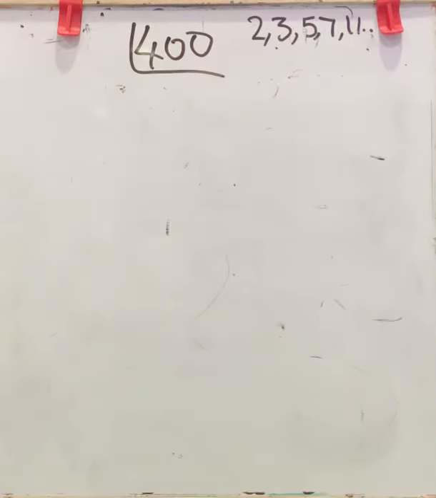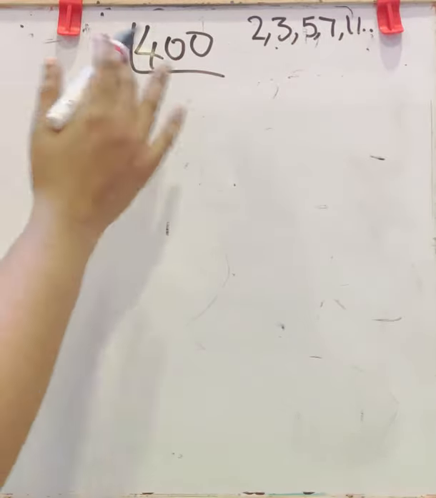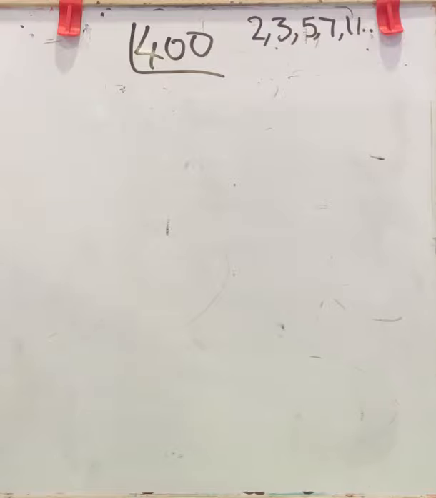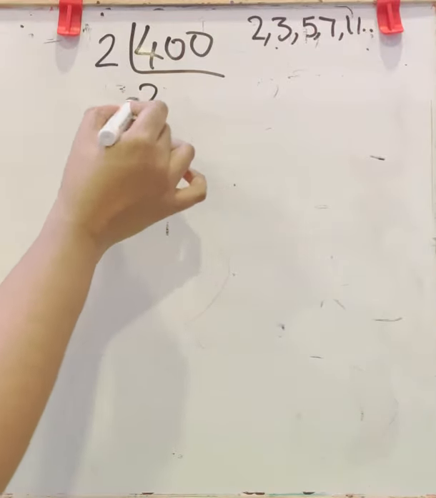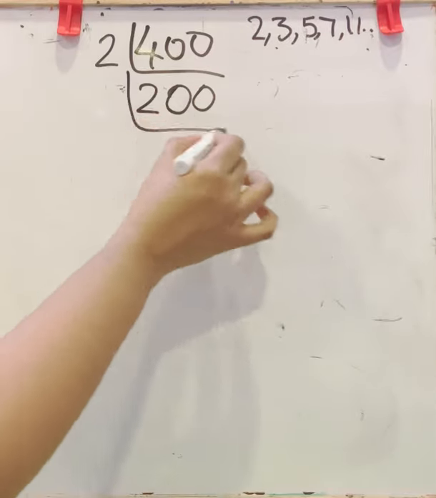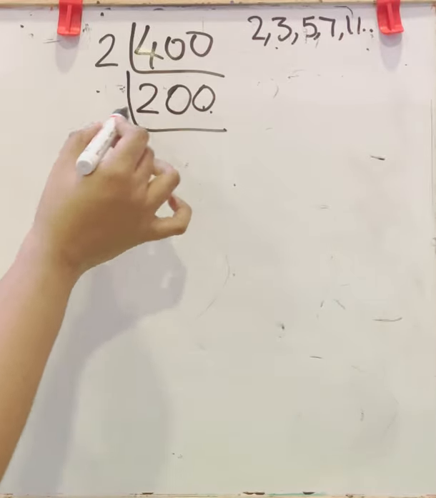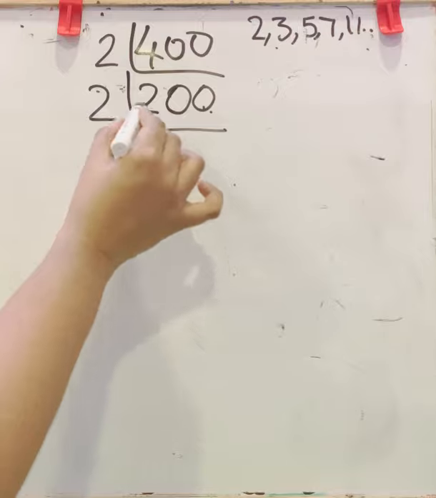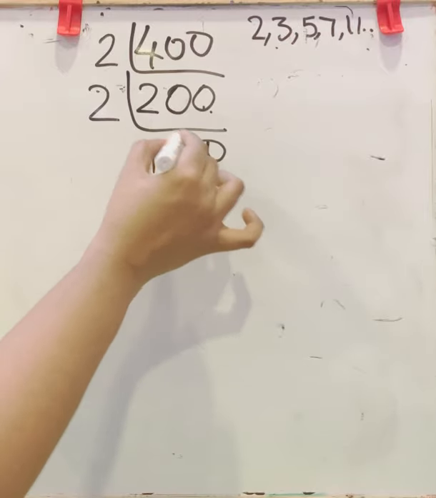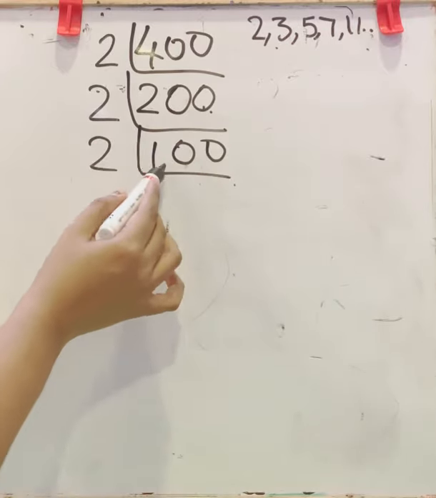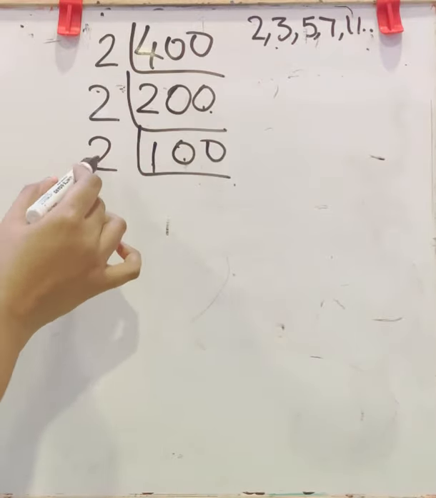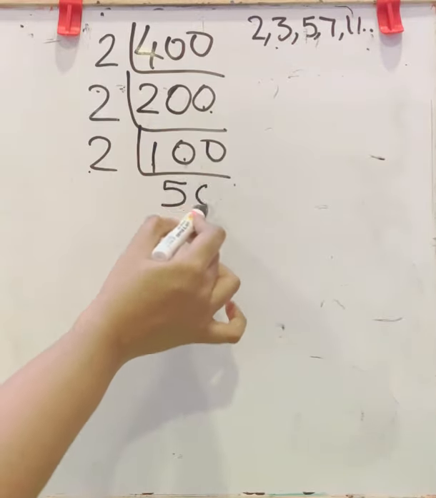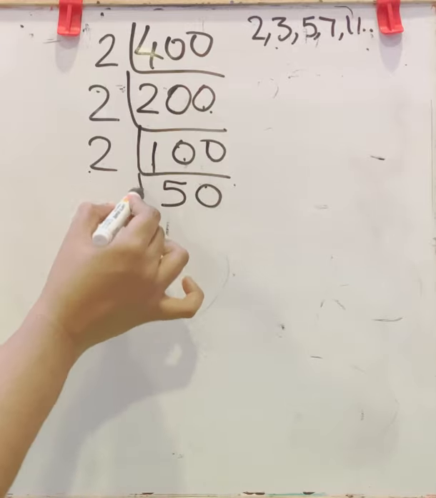400. Now to factorize this, first you will check with 2 because it is the smallest prime number. So starting with 2, in 4, 2 2s are 4. Carry down these zeros. Again, 0 is here in the units place. Continue with 2. 2 1s are 2, 0 0. Again in 100, 2. Take 10 together. Then in 2, 5 2s are 10. Carry down this 0. Now again 0.